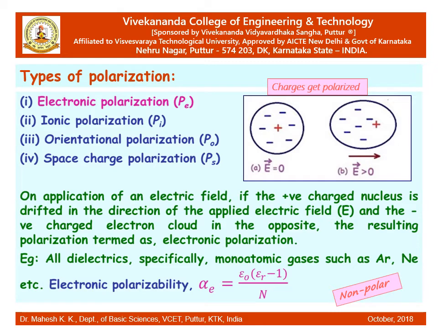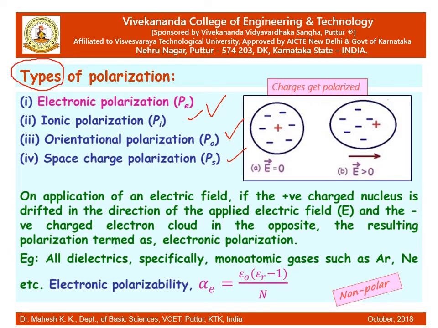From this slide onwards, let us see types of polarization. Remember that it's important, these are types of polarization. The previous one was the classification of dielectrics, that is polar and non-polar dielectrics. Now it is types of polarization. There are four: electronic, ionic, orientational and space charge polarization. Now in the case of electronic polarization,